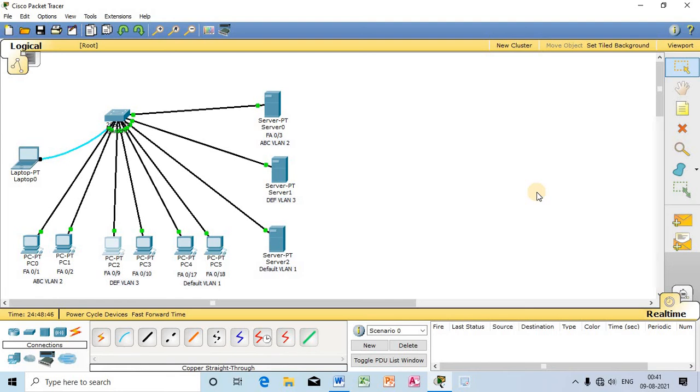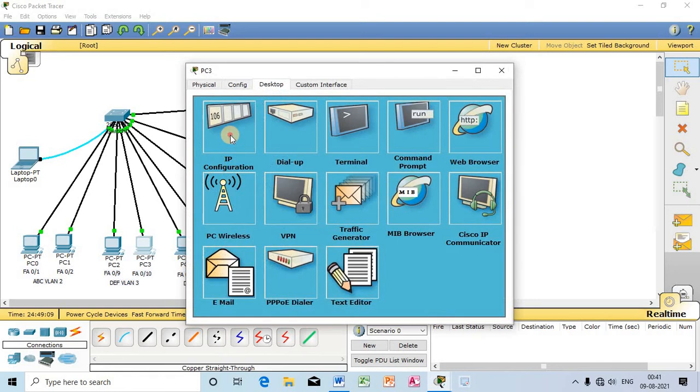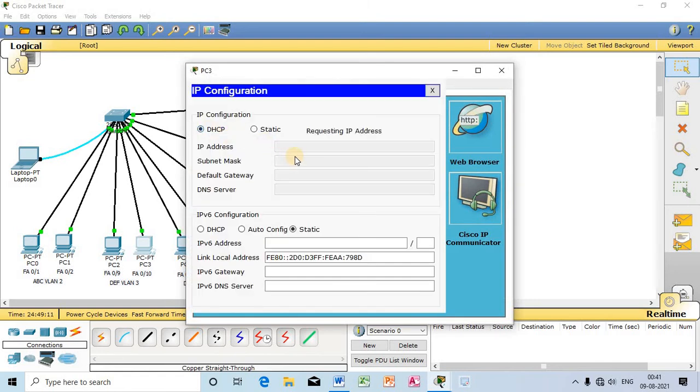While we were trying to provide the same IP addresses in the same network, the system did not allow us to provide an IP address which we had already provided earlier to another system, but in this case we are assigning the same IP addresses. Just observe, 1.1.1.11.